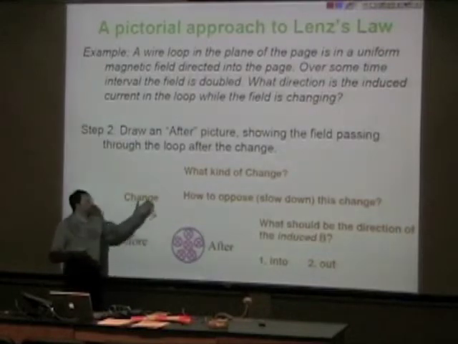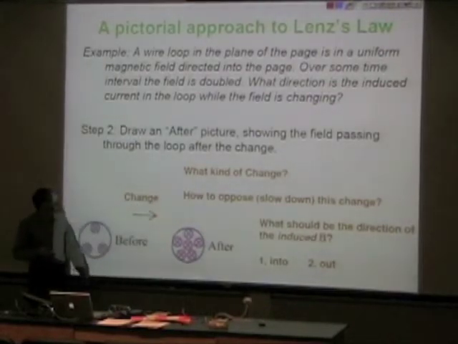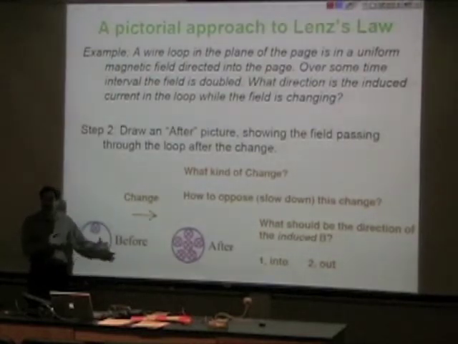And the rule is simple. The induced magnetic field always tries to slow down the change happening to the external magnetic field. So the induced magnetic field always tries to oppose